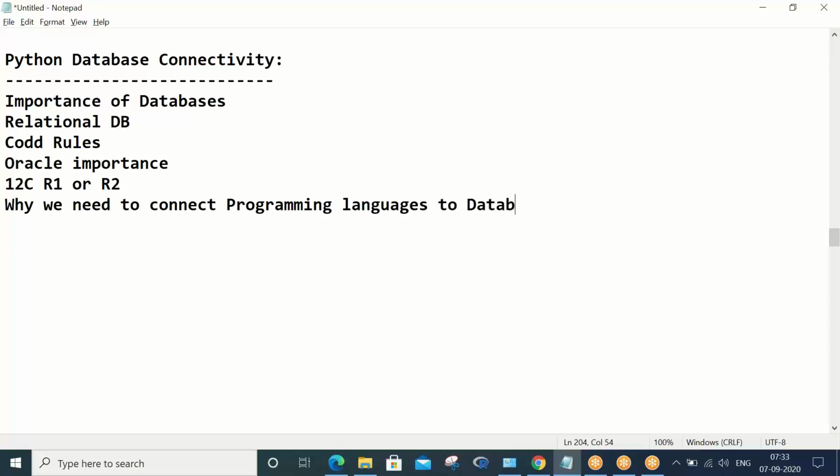I explained that by taking a Gmail ID as an example. Then, specific to Python, for Python to DB connectivity, we understood we have to install a third-party module called cx_Oracle. After installing the cx_Oracle module, you can go ahead and perform database connectivity. We have seen 2-3 examples.